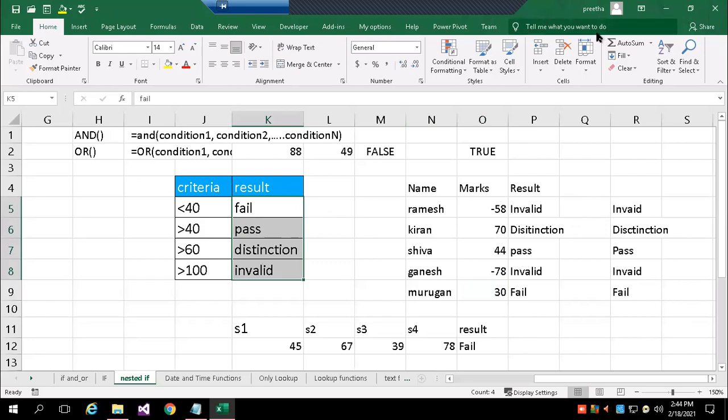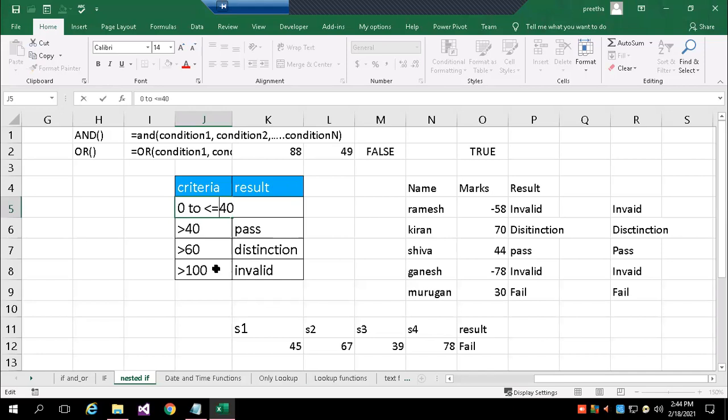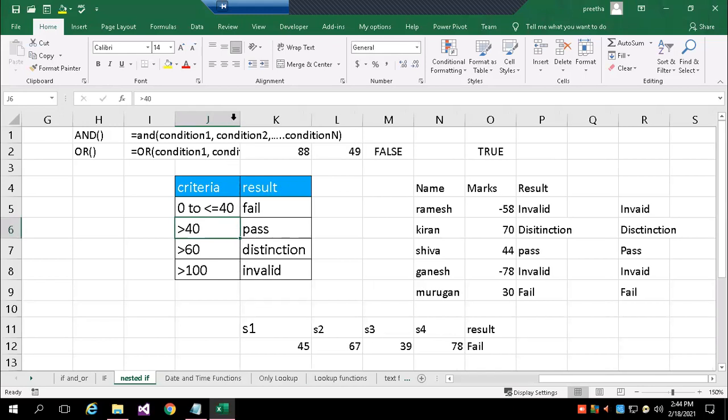Okay. Is it clear? You can see here, I can mention clearly the marks: 0 to 40 is fail, less than or up to 40 is fail. 41 up to 60 is pass.